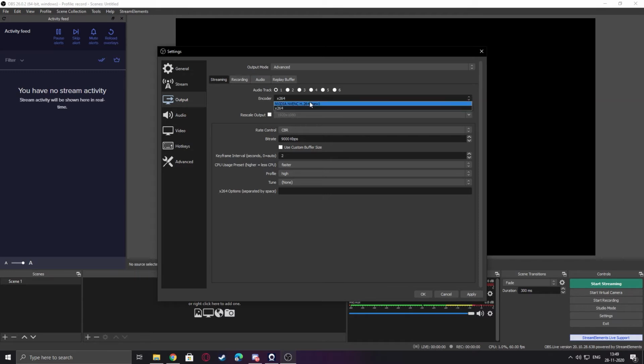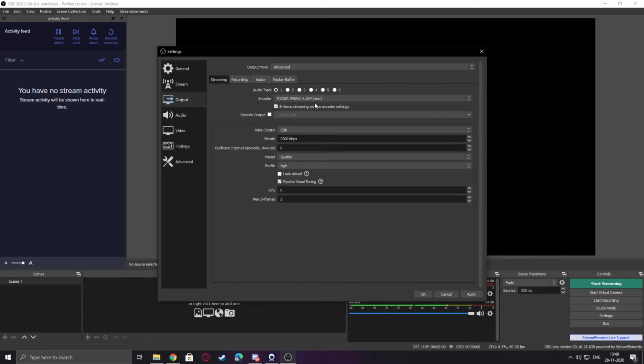If you don't use x264, like I don't, and you've got a decent graphics card like a 1650 Super, 1060 or higher, RTX series, RTX 3070 and other stuff, go with NVIDIA NVENC. If you have a single PC streaming setup, it gives so much better quality. Again, let's set the bitrate to around 9000. You can also lower the bitrate, but it reduces the quality a little bit. So yeah, it depends upon your internet.